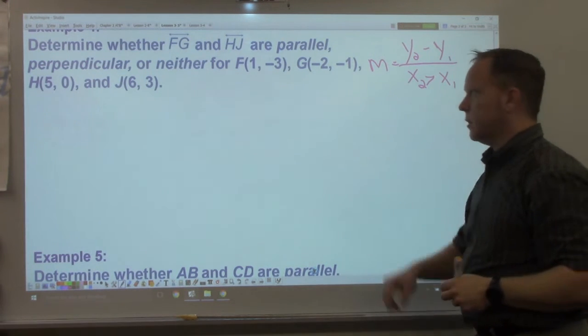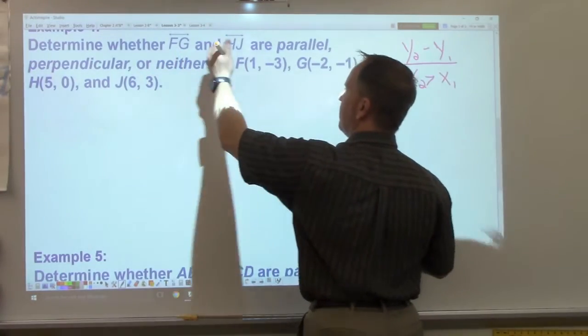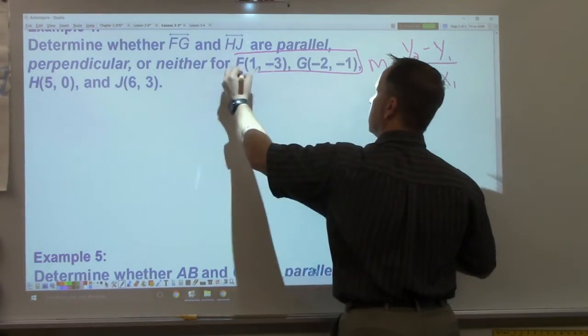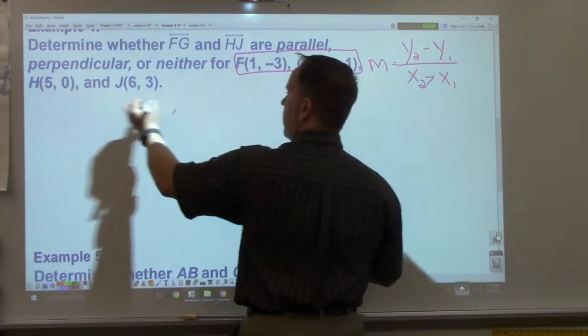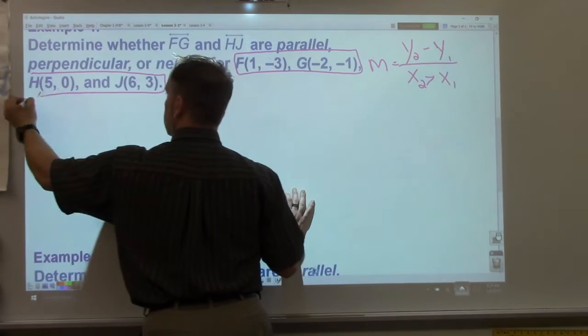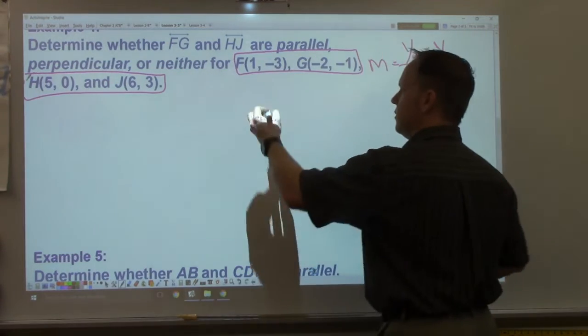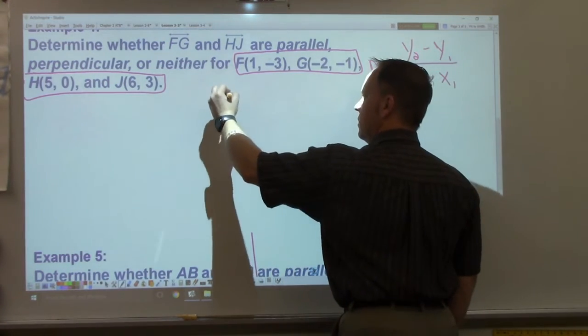So here's my formula. Here's my first one, line FG. So here's my first slope. I got to calculate, and line HJ. Here's my second one. I'm going to do the slope for FG right underneath it. The slope,